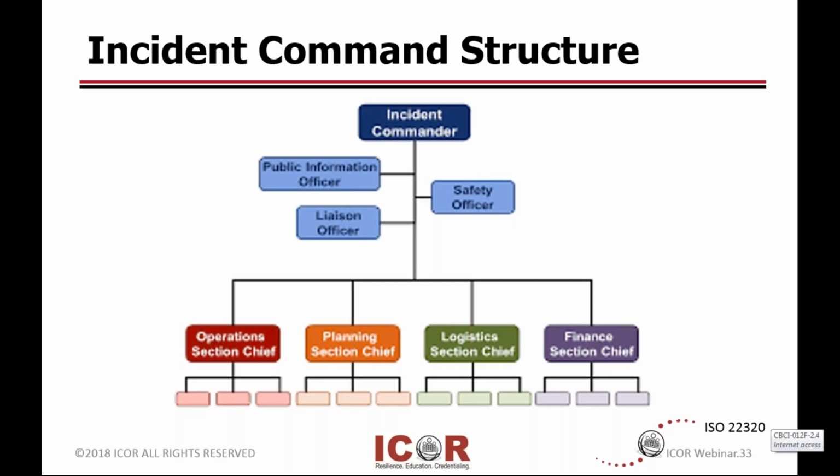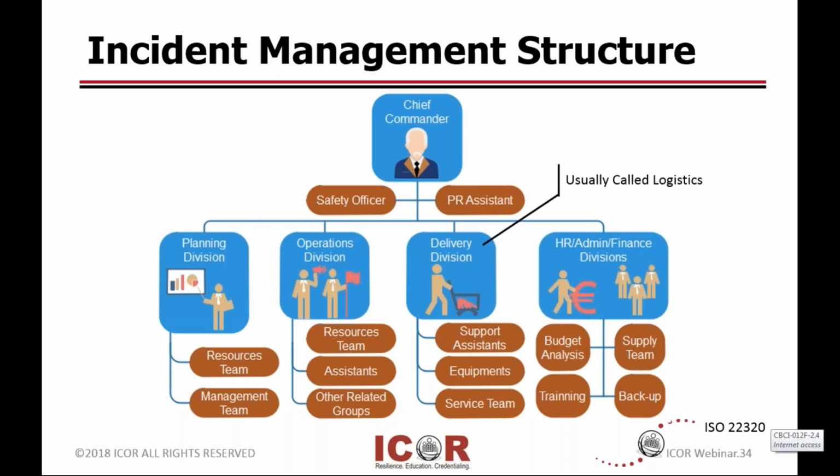This is another picture that I found that I liked. I don't necessarily agree with everything in it, but it was a nice picture. For example, they've got the planning division, their operations division. So instead of calling it a team, they're calling it divisions. And they call it delivery versus logistics. You can call these things whatever you want, as long as each one of these teams understands their roles and responsibilities. So usually you're looking for someone to manage the planning aspects, looking at